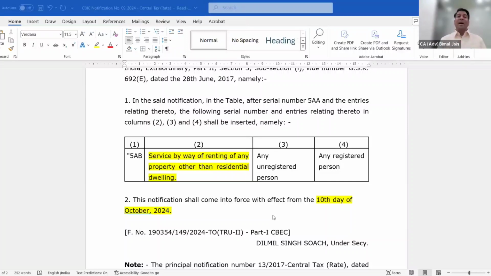So you have to bear in mind section 13 subsection 3 of the CGST Act, where the provision of time of supply is, and the time of supply for such cases would be the earliest of the date of payment by the registered recipient, or the date of issuance of invoice, and that invoice you need to raise to yourself. The recipient needs to raise an invoice to himself, a self-invoice.